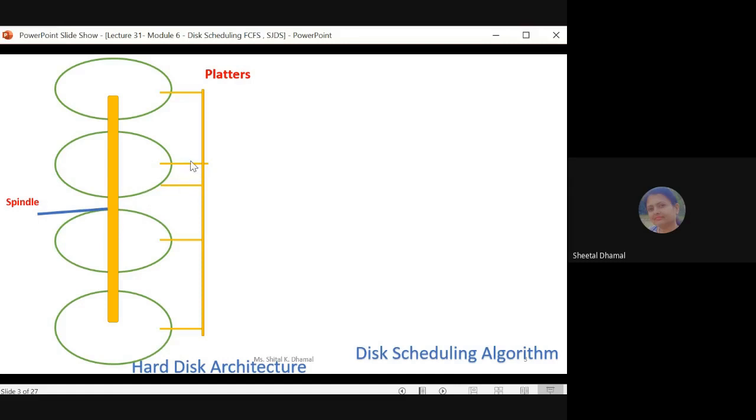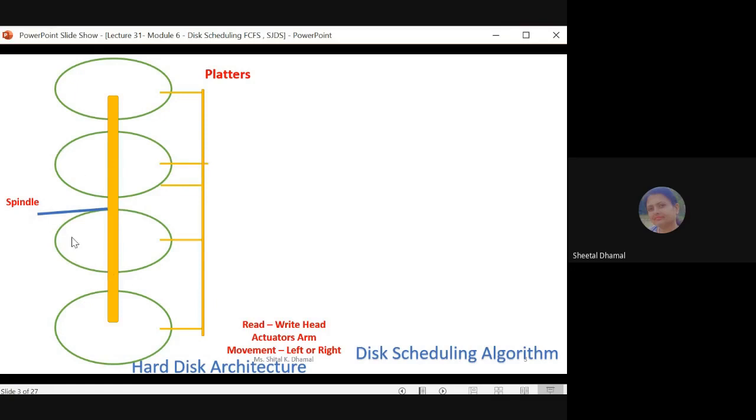By using these two read write heads, your operating system reads the data from the upper surface as well as from the lower surface. If we consider a pin, two heads are there for that particular platter: one head is present above the platter and another head is present below the platter. All these read write heads are connected by an actuator arm, and the movement of this actuator arm is from left to right or from right to left.